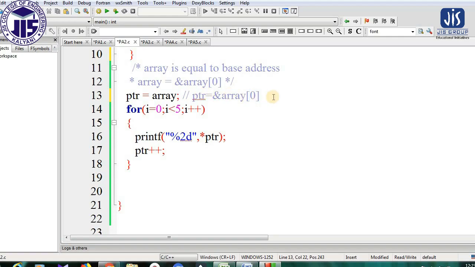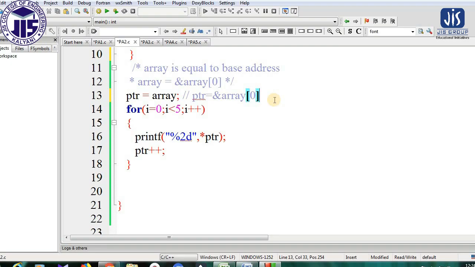Now by using this statement only, by assigning the base address into the pointer, we can access any of the elements by using the pointer. That is only possible in the case of an array, because we have discussed that an array is a continuous memory location. So if the address of the A0 element is known, then just by moving to the next address we can get the A1 element. Just moving to the next address we can get the address of the second element.